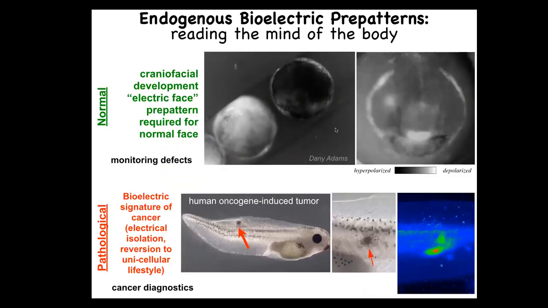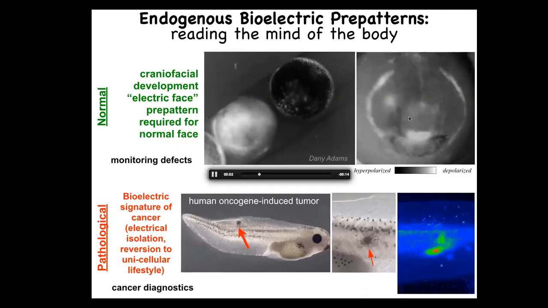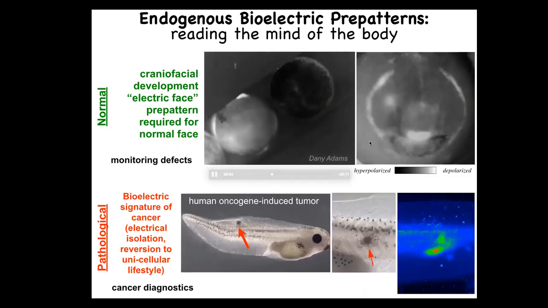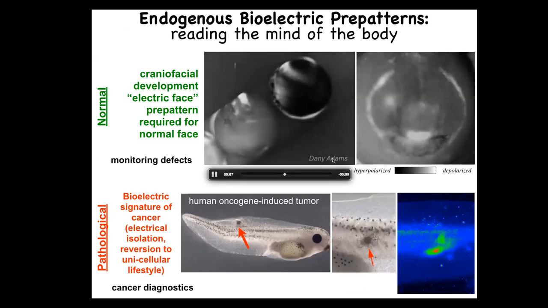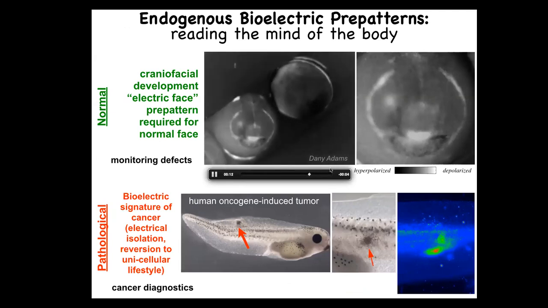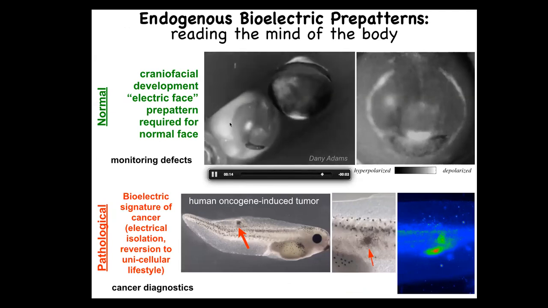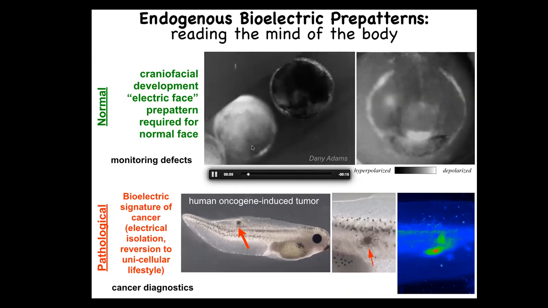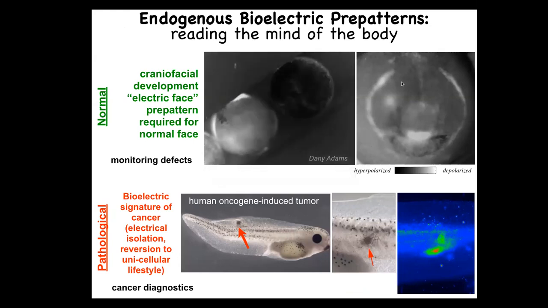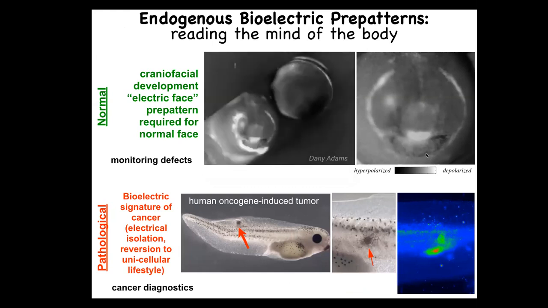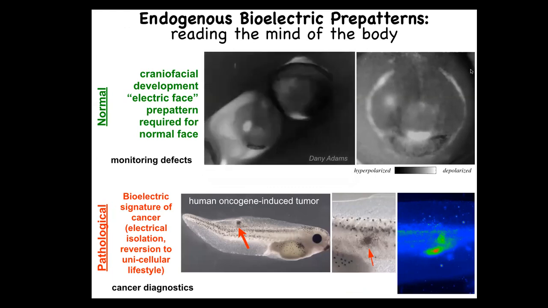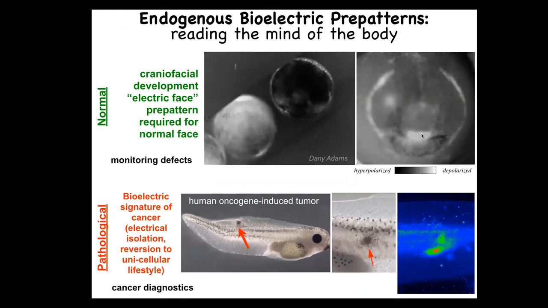And I'm going to show you this pattern. I'm showing you one that's easy to understand. There are many patterns that are actually quite hard to decode, and this is very hard work that's going to last years, cracking this bioelectric code. I want to show you a nice simple one. This is a frog embryo in time lapse putting its face together, and this is one frame out of that movie. We call this the electric face, because long before the anatomy of the face is formed and before the genes turn on to regionalize the ectoderm here and to make a face, you can already see that these cells know where everything is going to go. Here's where the eye is going to be. Here's where the mouth is going to be.